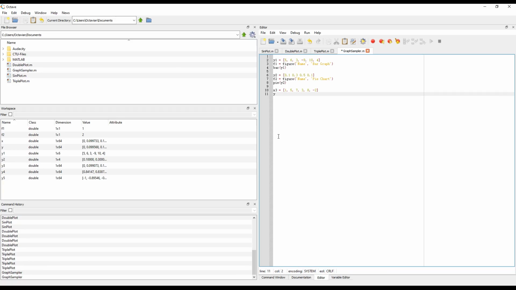And for y3, we'll have some more random values. We'll say 8, -1, 2, 0, 0, and 10. I'm going to put some semicolons on this,